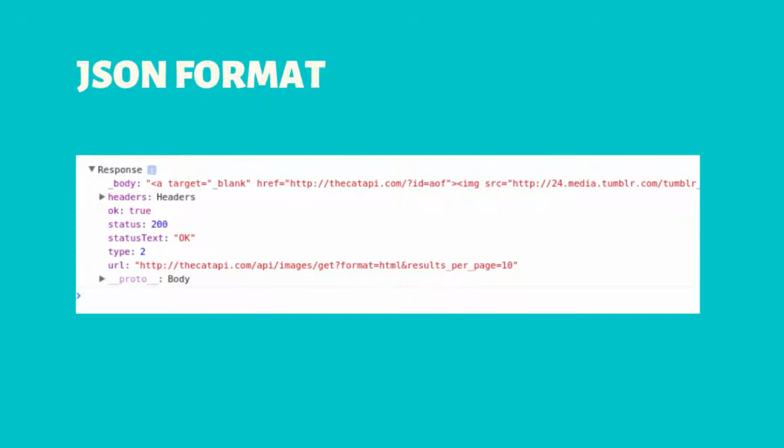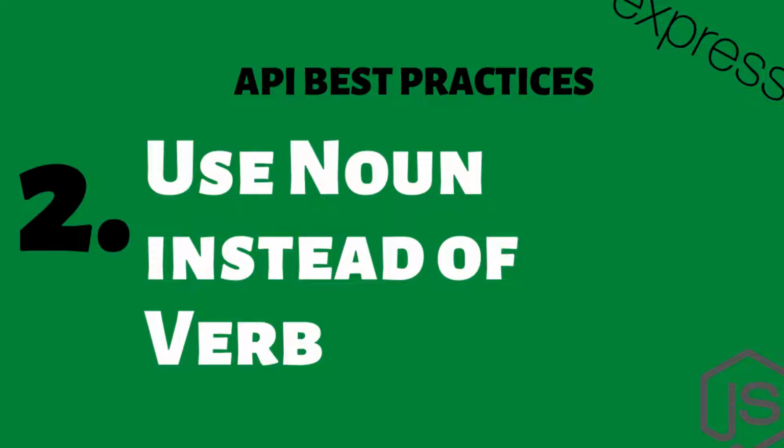The second important point which you have to keep in mind while naming an API is you should always use a noun instead of verbs. So let's say you want to create an API in which you are going to add a category in your application. In our example application which we are building, we are going to create an API which will be creating some category or creating some subcategory.